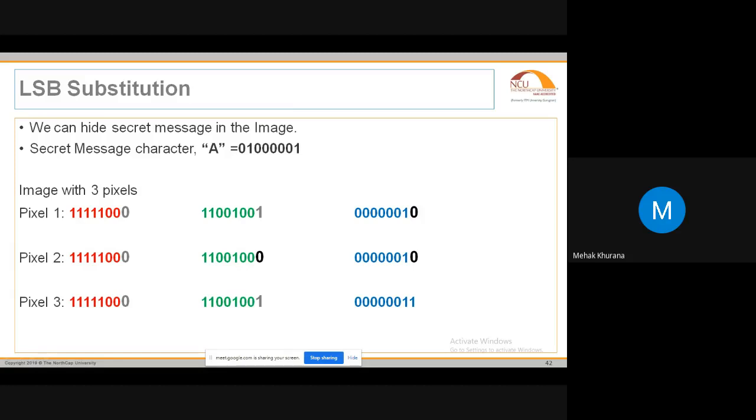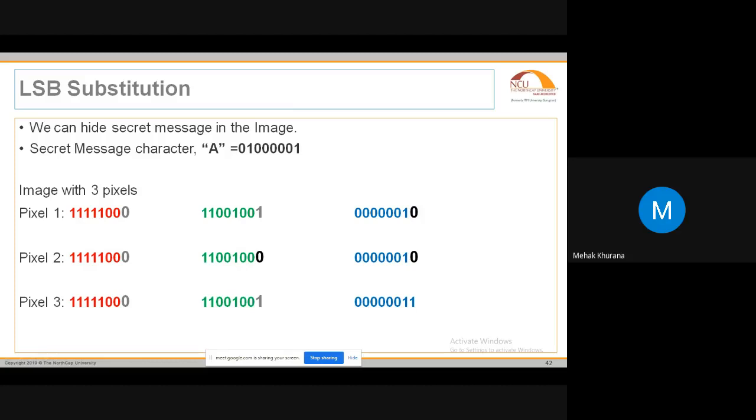Why have I highlighted in black and gray? Because whatever is in gray was the actual data. There is no change in the content. That pixel, or that 1 byte, has not been changed, because the first pixel in the red was 248, and it is still 248, because I am embedding a 0 bit and this 0 bit was already there in the first pixel. So there is no change in the first byte.